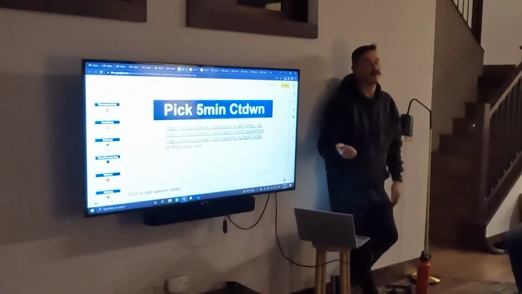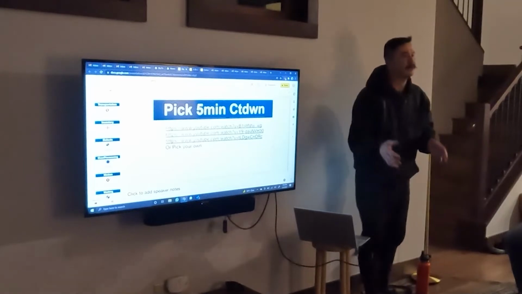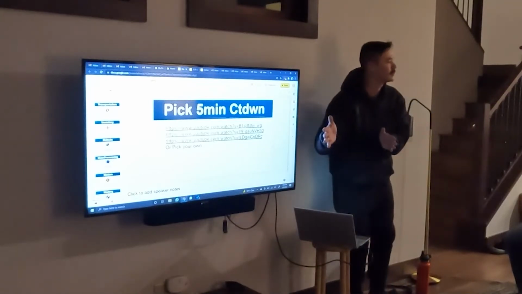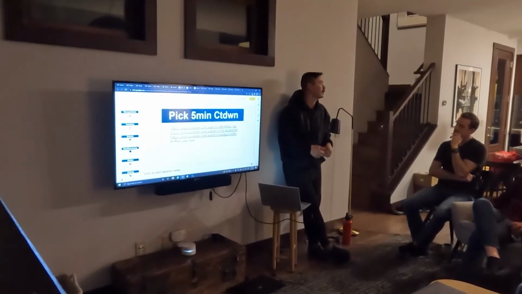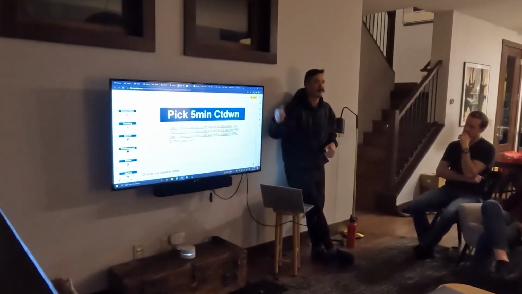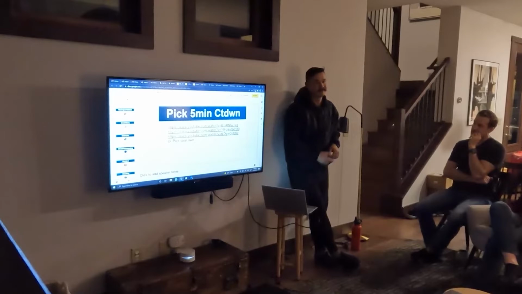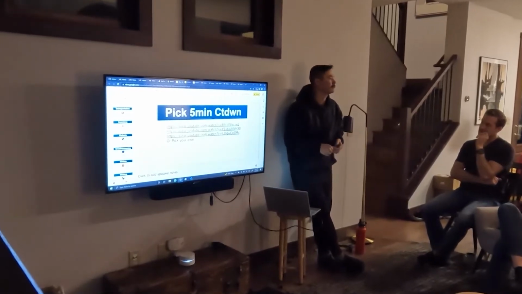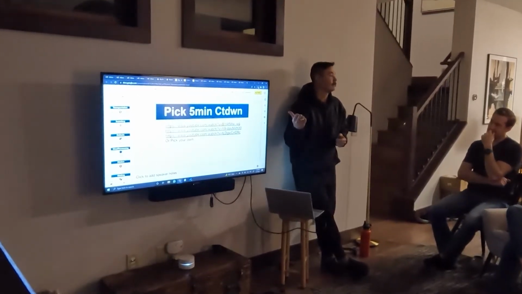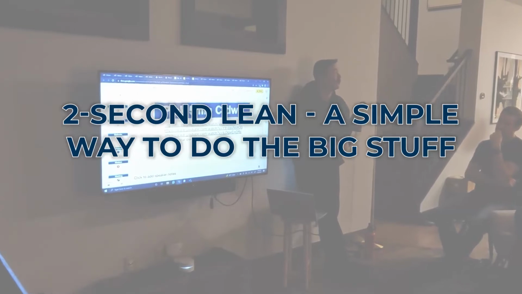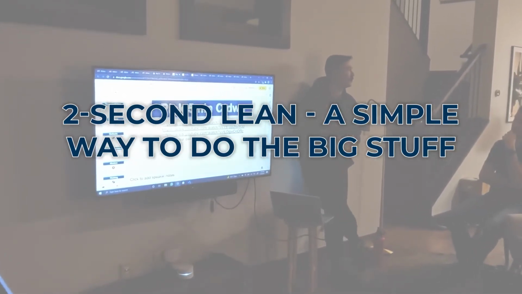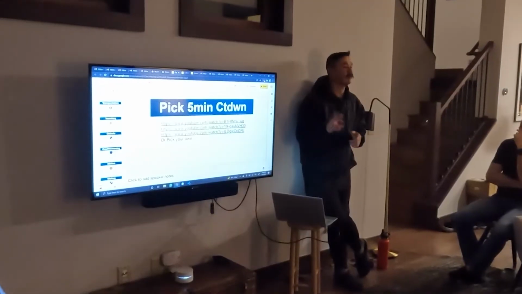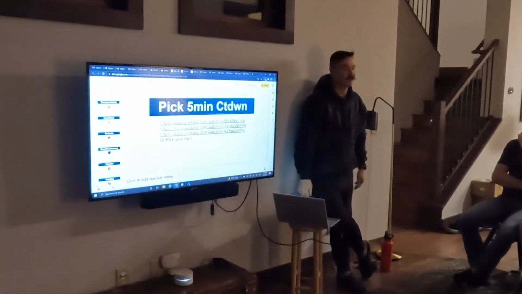The biggest thing I've ever been able to do is take a cycle time from a process from 22 days down to 3 hours. That saves that company $7 million a year every year indefinitely. Not adjusted for inflation, so probably more now because that was like 2017. And I would read up on 2 Second Lean. It's the simple way to do the big stuff. And if anyone wants help, I can come help.